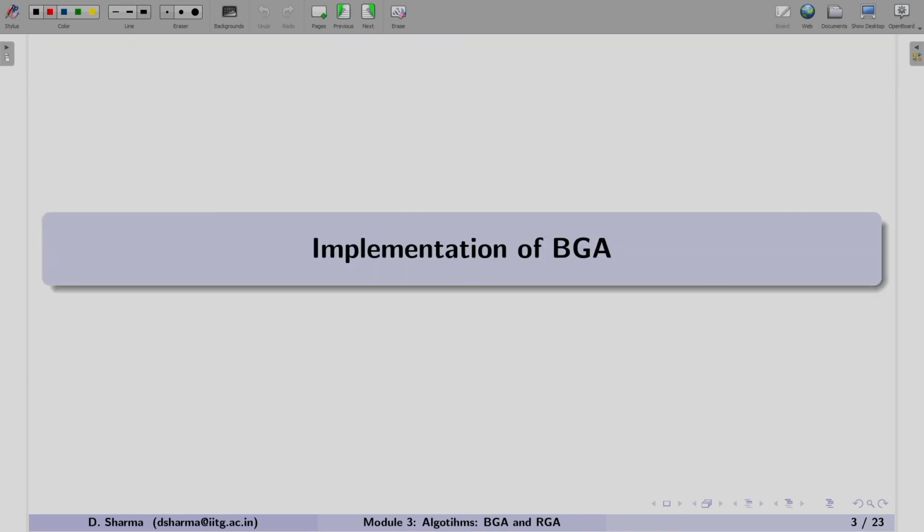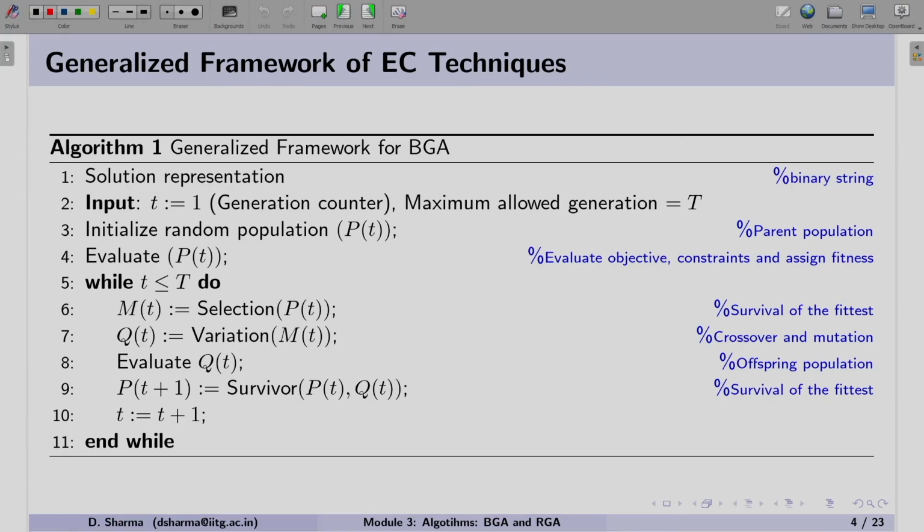So let us begin with the implementation of binary coded GA. In short, we are referring to it as BGA. So this is the generalized framework we are following, and the working principle of both BGA as well as RGA are discussed using this framework.